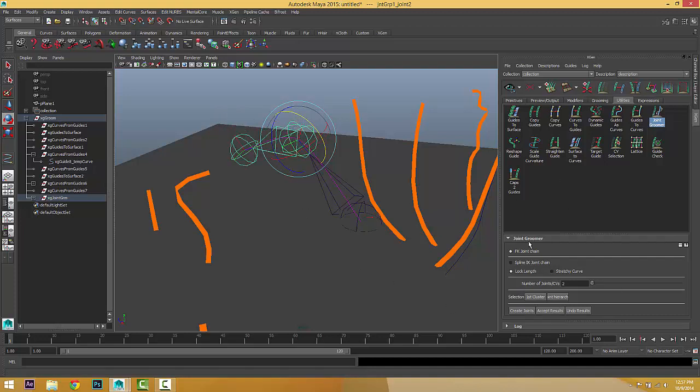Okay, and after we did so, we can choose accept the result, or you can choose undo the results. Okay, let's say I like this result. Okay, you can choose accept the result. Now we've got this shape based on the rotation of that joint. Okay, if you like to use joints to shape your guides, and also